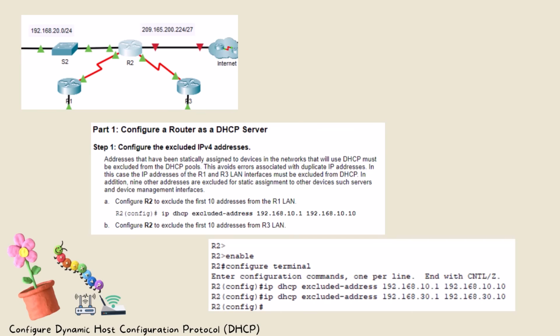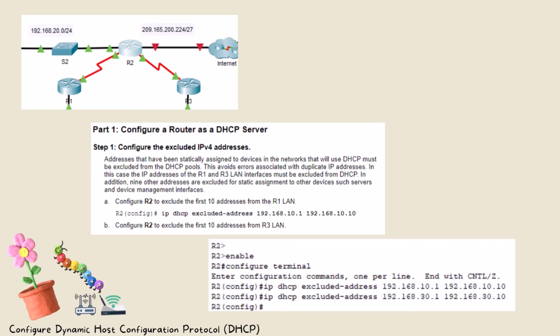The format of the command is IP DHCP excluded address, start address, and end address. Okay, for question A, configure R2 to exclude the first 10 addresses from the R1 LAN. Kita perlu masukkan dalam R2 mode config, masukkan command IP DHCP excluded address 192.168.10.1 dengan akhir IP addressnya